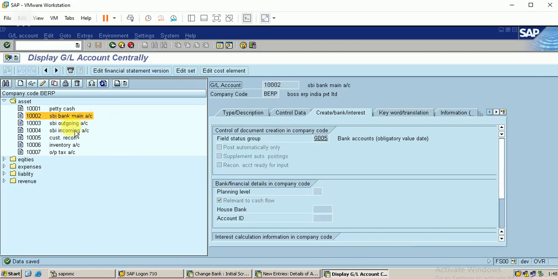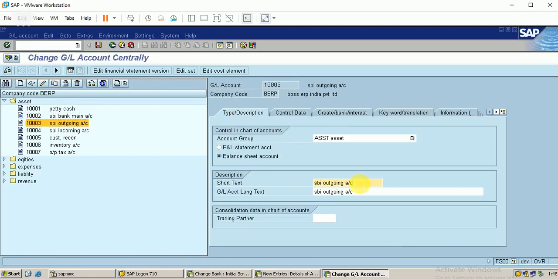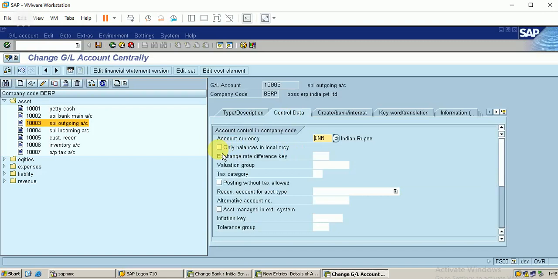Similarly for the other accounts also I will change the description. You can see that the payment can be processed by this account, so that's why I made it an outgoing account.